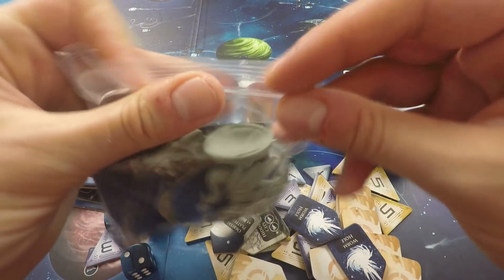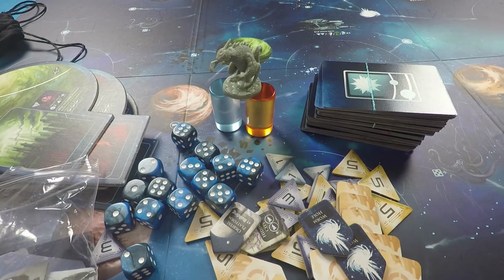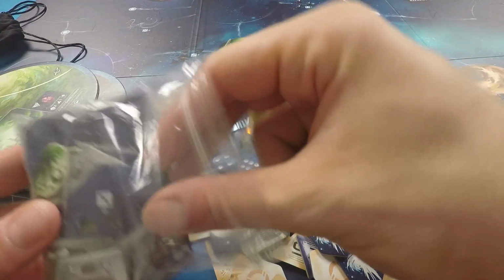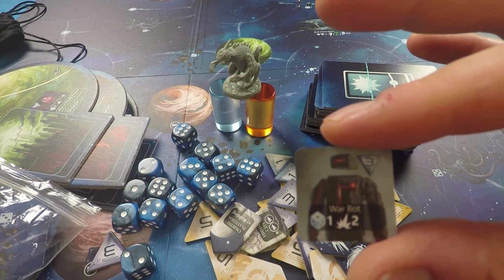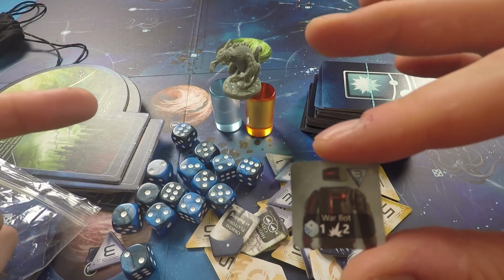I've got here, you can see the plastic fusion beast. This is part of the deluxe. If you bought the game at retail, you will have a cardboard fusion beast that looks like this. There's also various other bits and pieces in here, including warbots, who are robotic mercenaries you can hire from the Sarkeen Regency, who sort of represent an army of robots